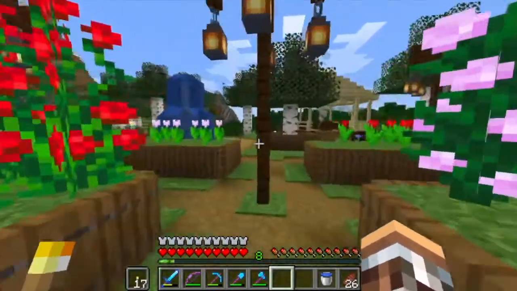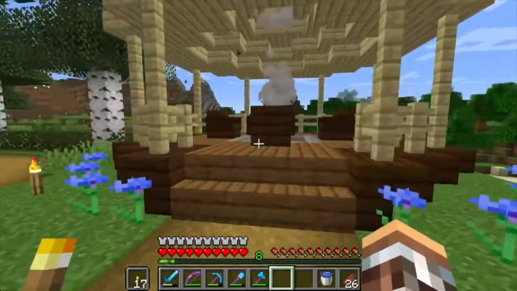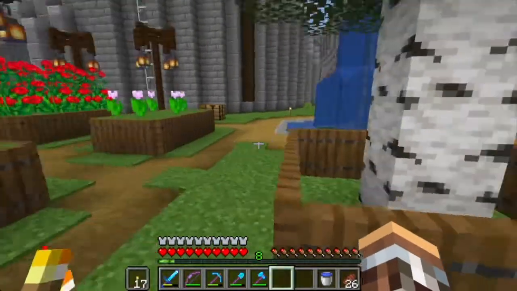So over here, we've got just, again, just adding on to the garden. We've got a gazebo with a little fire pit and a water fountain that I have...